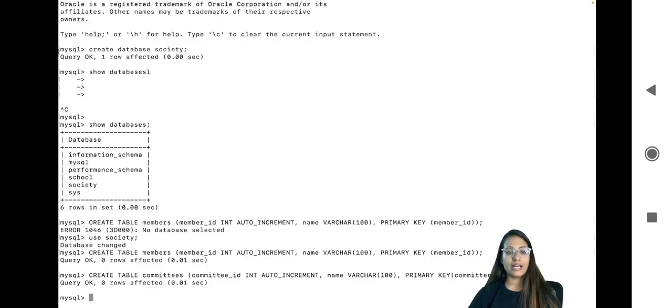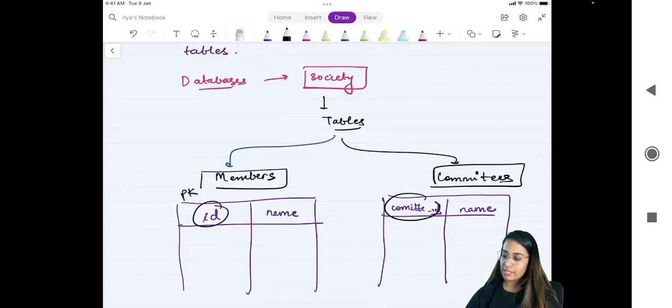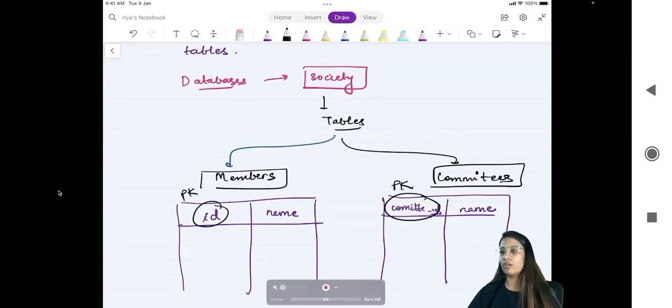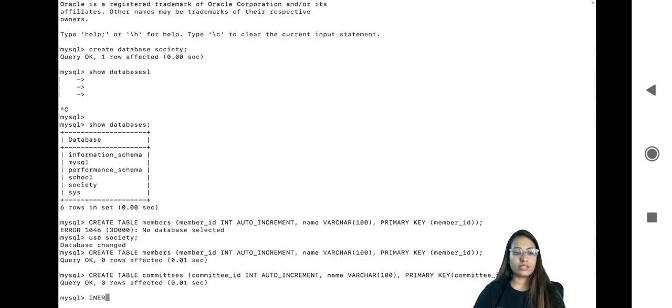Remember over here that in this case we have this as the primary key and this as the primary key over here. Okay, and let's insert some data also over here. So what we will do is we'll do insert into the members table. Okay, what we are going to put in the values, let's say I am just adding everything for the name column first. So you can do like this, name, that is this column values are being populated, and you can do like this, like